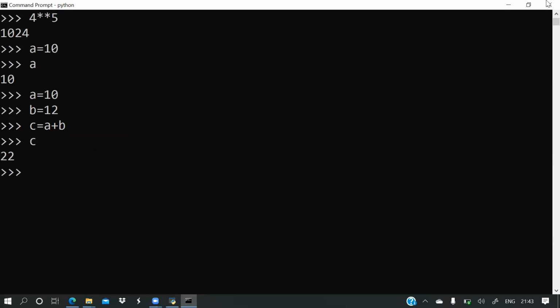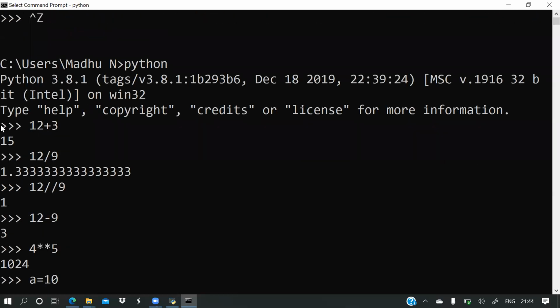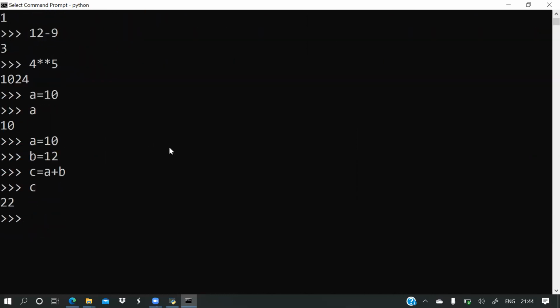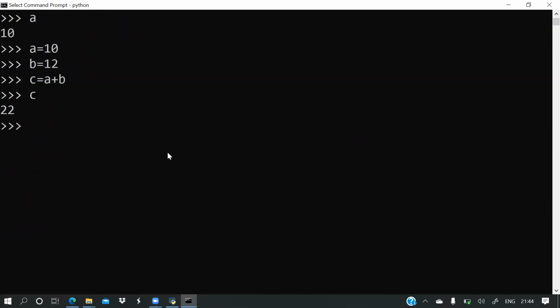Then this is called the primary prompt. Remember that these three greater than symbols are called the primary prompt. Now when there is a primary prompt, then we shall have a secondary prompt also.